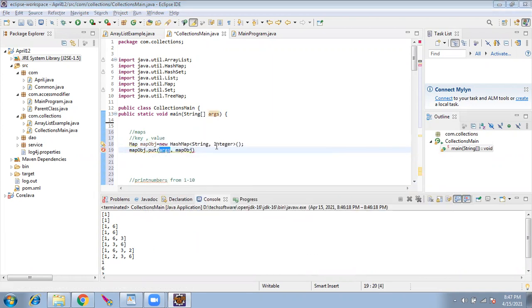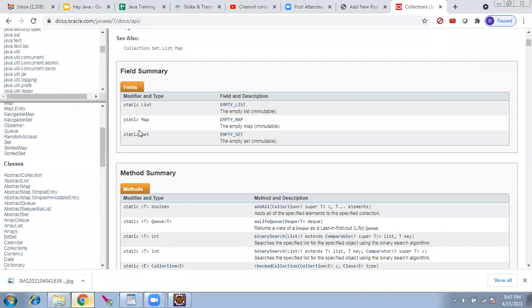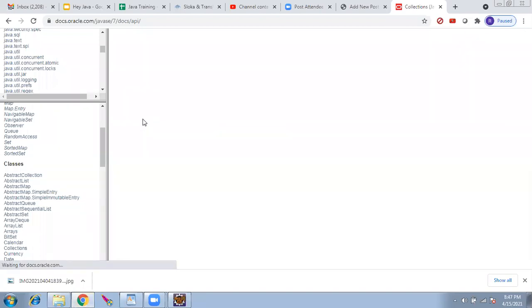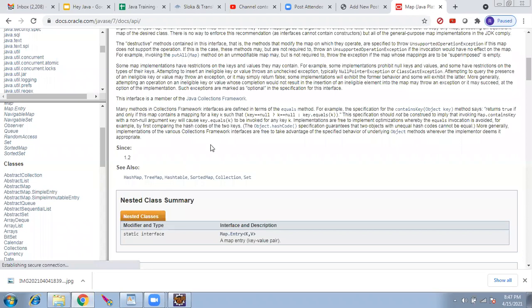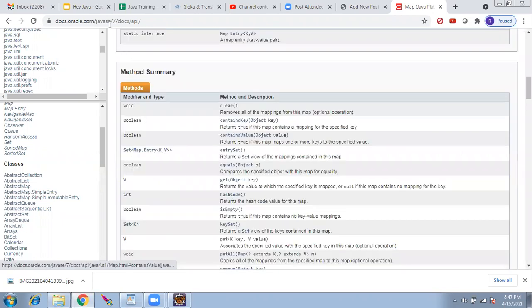You can find this in the documentation. Rajesh, could you please share that URL? This one, right? The docs, yeah, that's right. I'll send it in chat. Please, thank you.